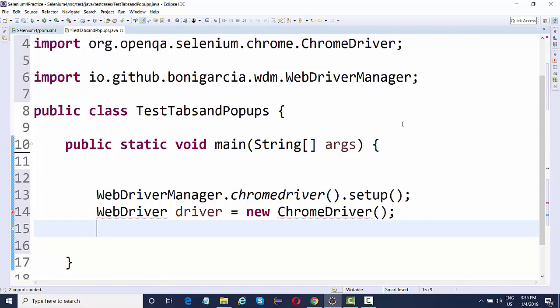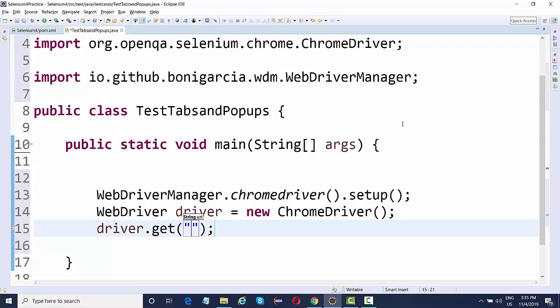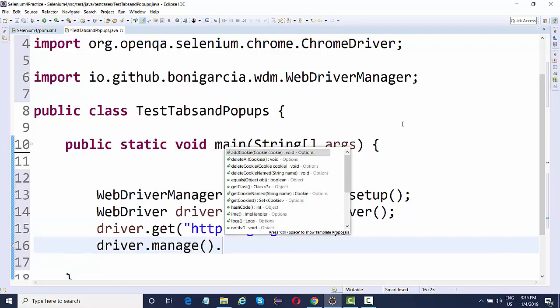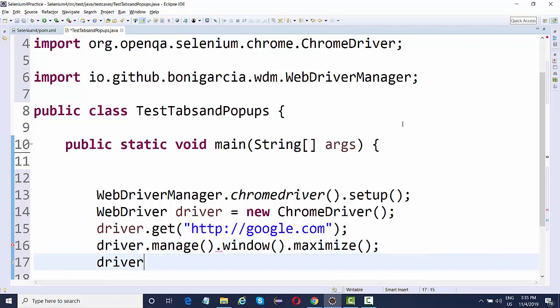I'll import it, then I'll say driver.get. Let's say I navigate to http google.com, and on Google I'll first maximize the window, manage().window().maximize(), add some waits,